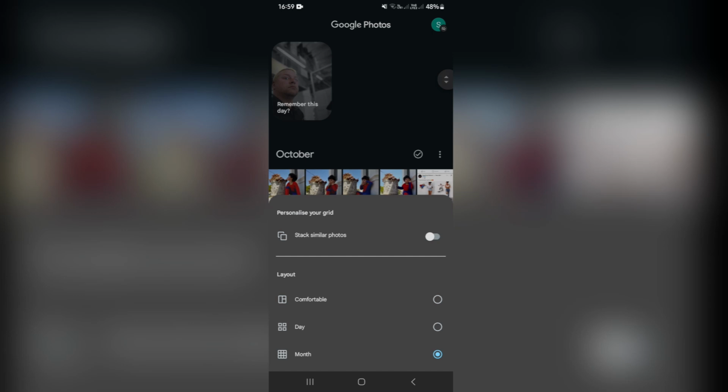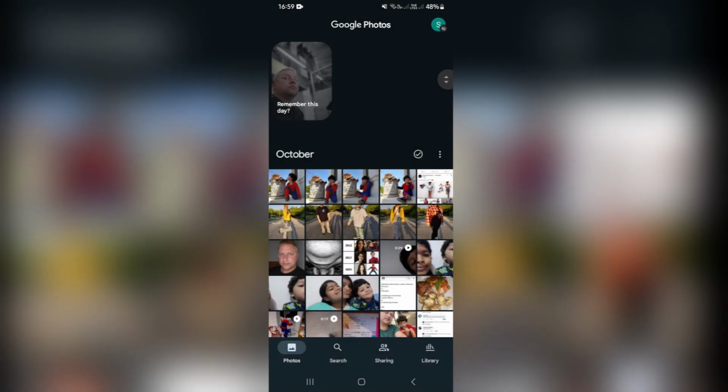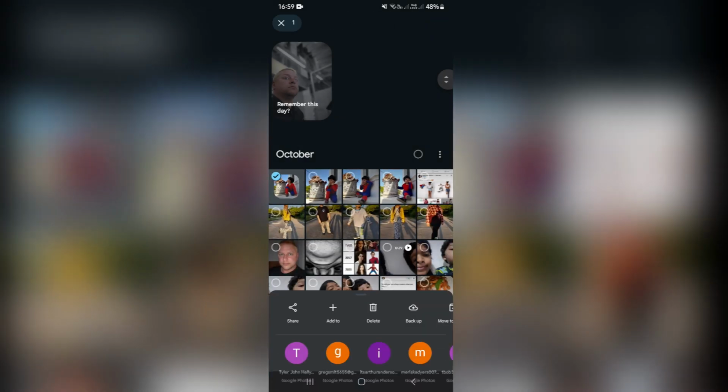Okay, so on an iPhone you'll be able to select all. However, on a Samsung or any device that's using an Android operating system, you can use this method. So you're going to go and make sure that it's on month, and you're going to select the first one,